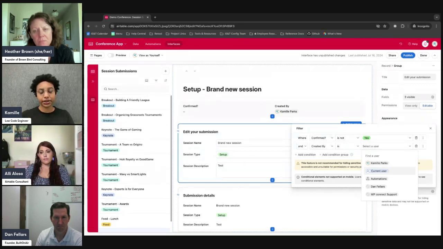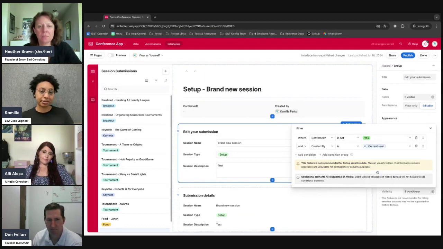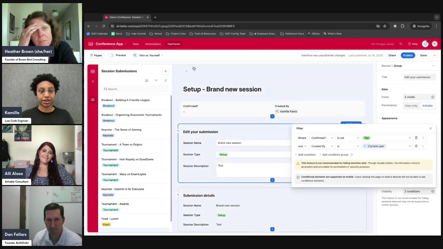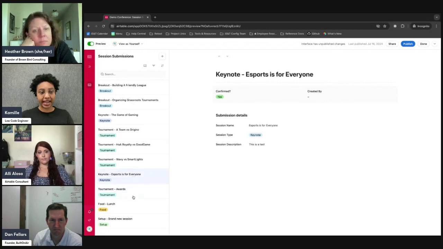You want to do current user most of the time because that is going to change by whomever is actually looking at the interface page, not whomever is actively editing the interface. So although the end result in this case is the same, current user is Camille Parks, I want to make sure I do current user so that anyone who looks at this still applies. So if I preview again, this one that I just created is editable because it's not confirmed and it's editable by me. But the one I was looking at earlier,